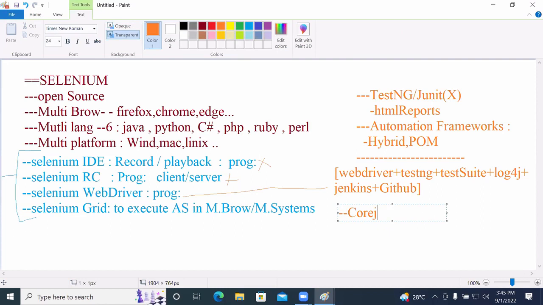Along with all these things, we require core Java. That core Java knowledge, you have to take care of yourself. I'm not discussing any concepts related to core Java here. You need to look into that. So directly, I'll take one project. In manual testing, you did one project. Similar to that,